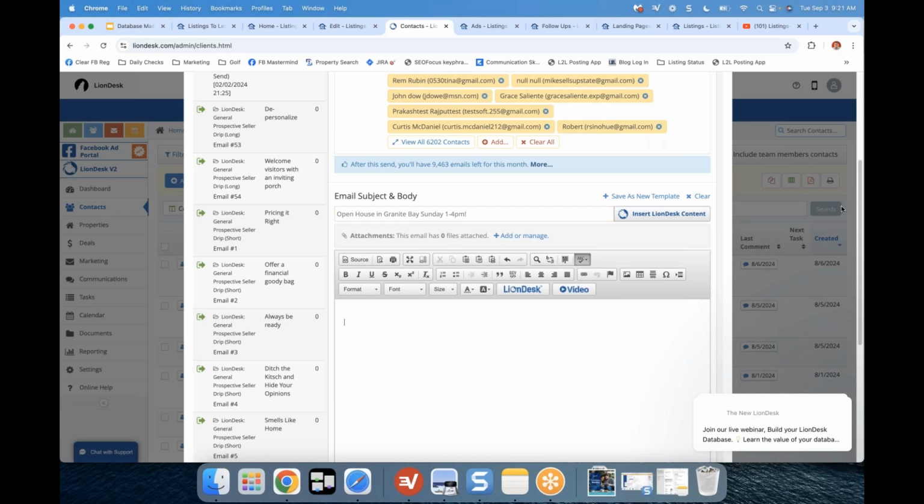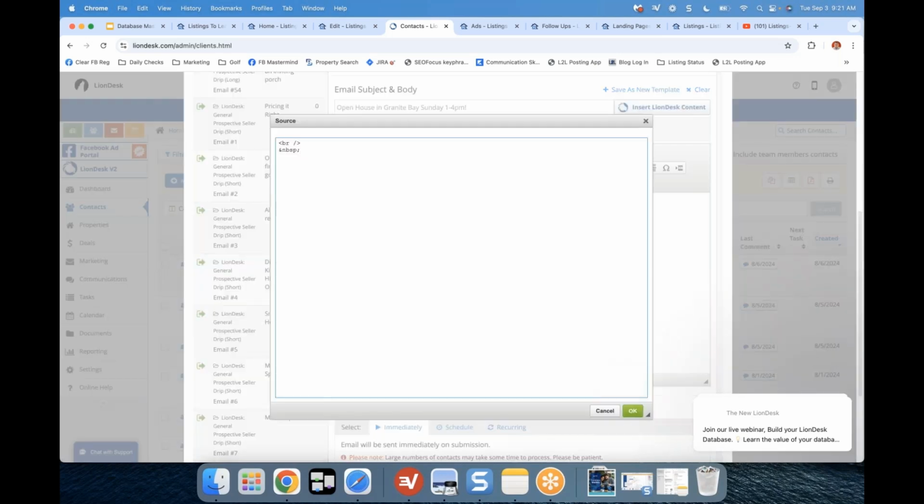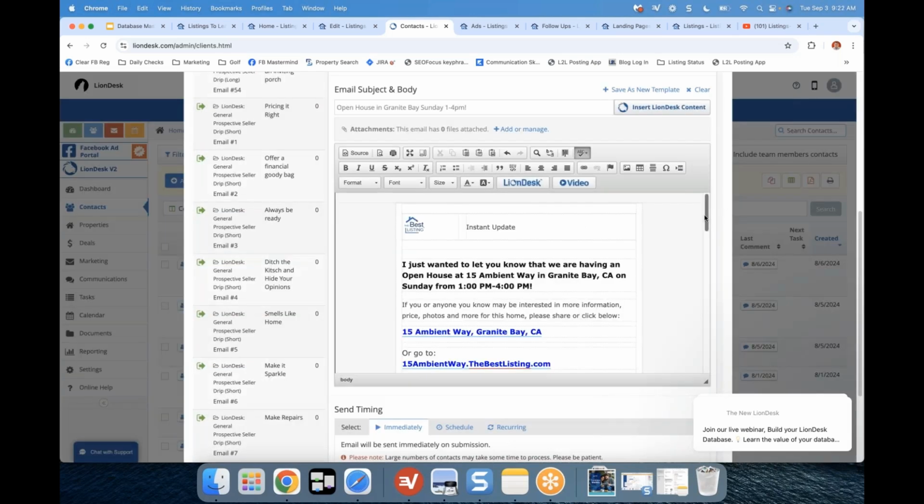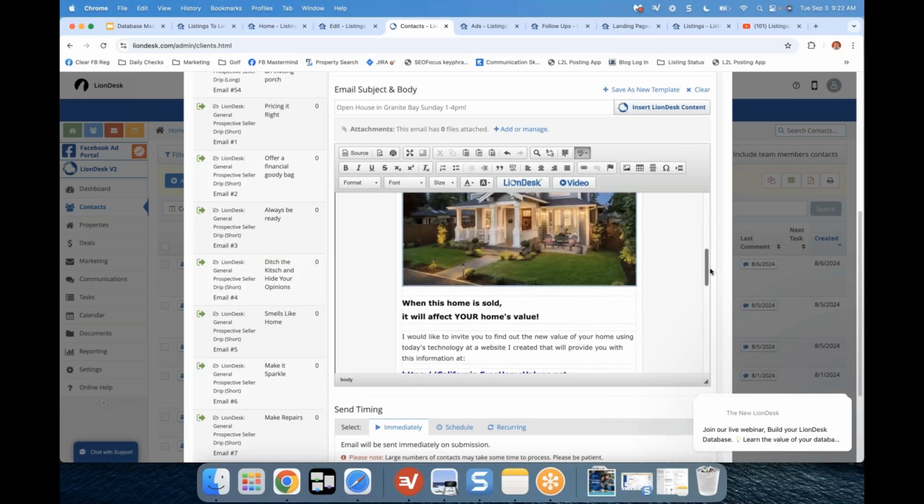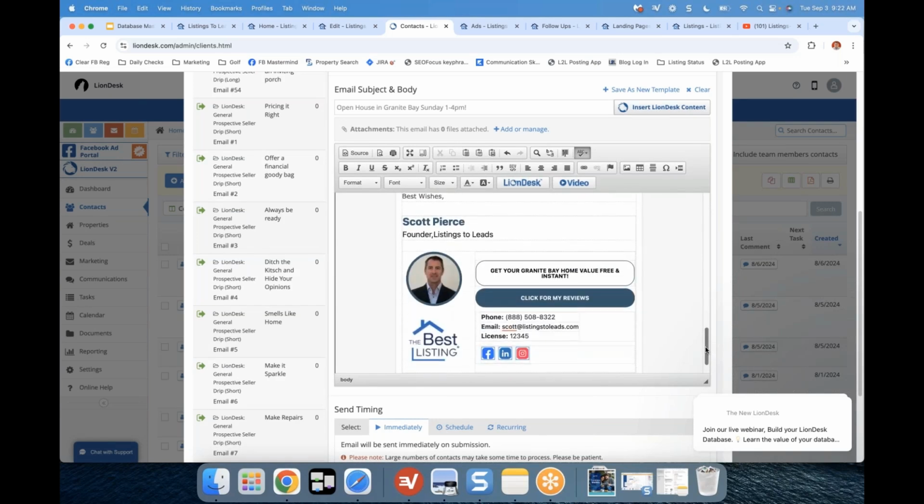And now here's the email, right? This looks pretty familiar, right? Here's this big email. And so what you do is there's a button up here called Source, right there, Source. You just click it and you paste in that code from Listings to Leads, and boom, we are out of there. So in literally about 7 seconds, I have got an awesome email with, look at that, my lead gen